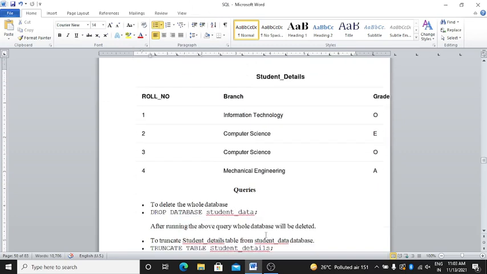Then student details: roll number, branch, grade, right? Then branches such as information technology, computer science, mechanical engineering, right? Truncate versus drop, observe it carefully. What exactly happened?